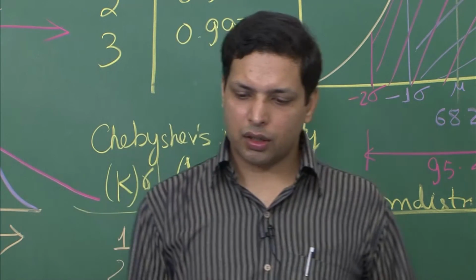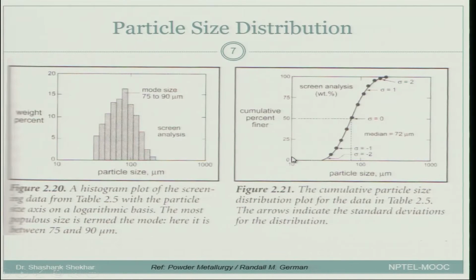Now, this is what a histogram would look like. So, you see this is the particle size, and you can have number over here or weight percent over here. So, it can be frequency or the weight percent. So, you can plot it on the number basis or on the weight basis. So, there are different ways to plot it. It need not always be on the basis of the number. Other way is to plot on the basis of weight or surface area and so on.